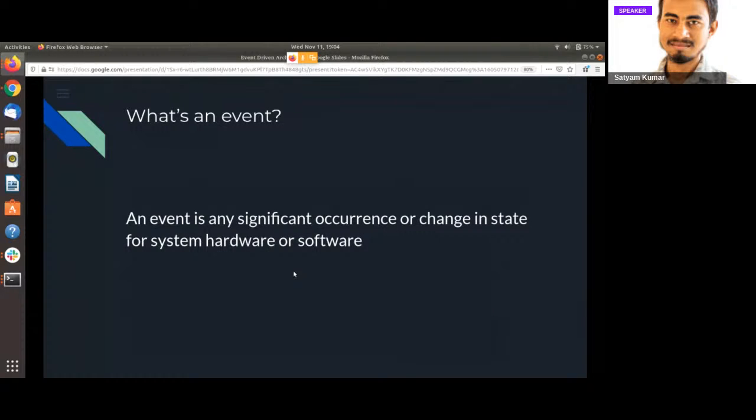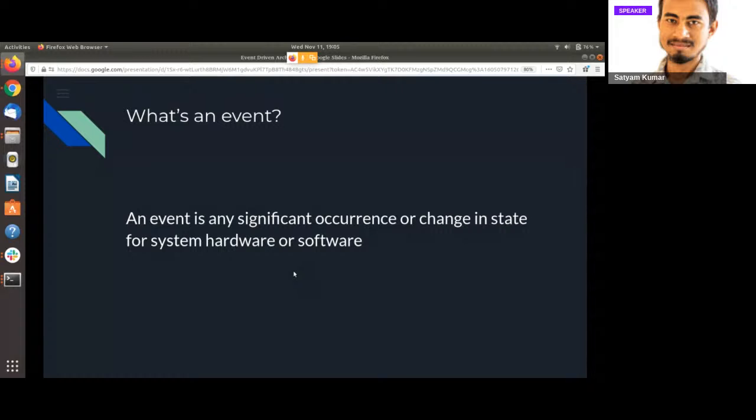The first thing which might come to our mind is, what exactly is an event? An event is anything which is going to change the state of a system, either hardware or software. We can call it an event.